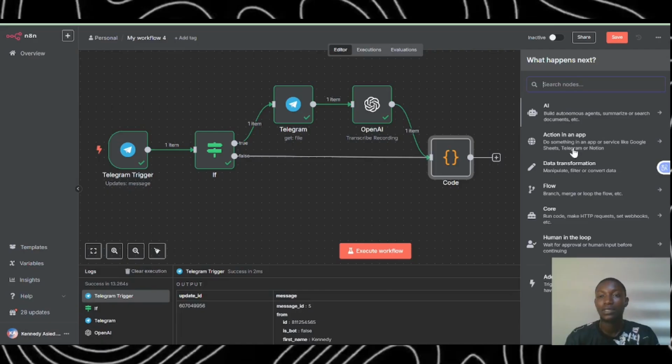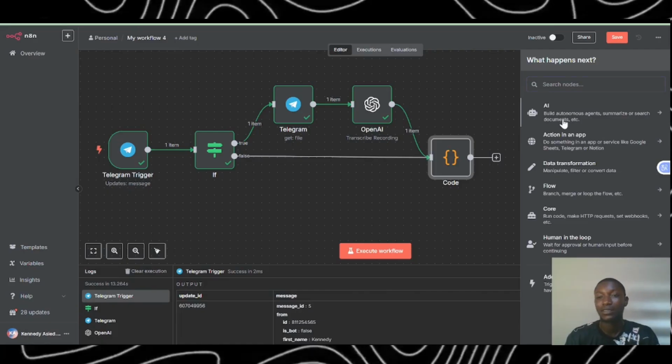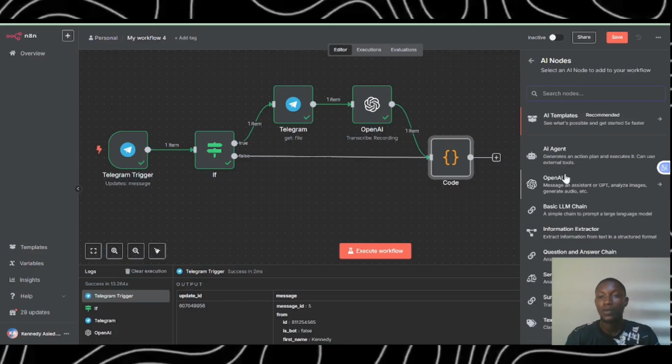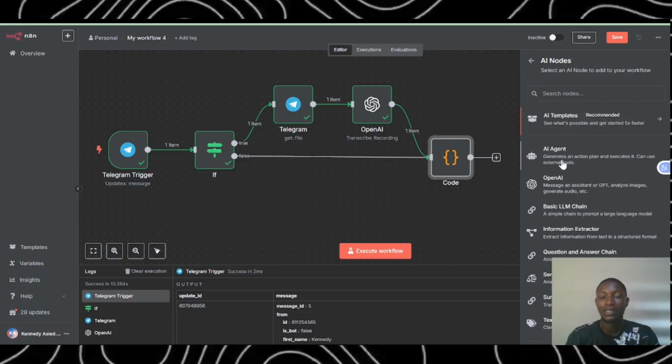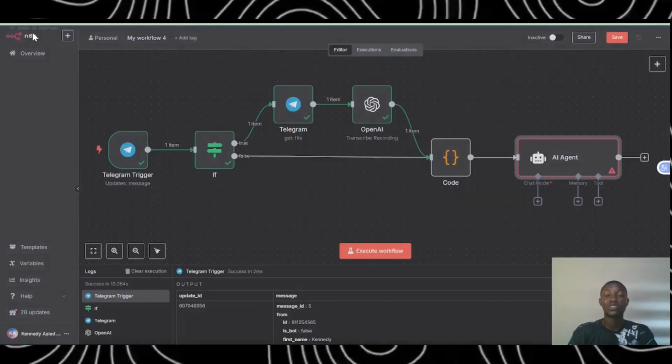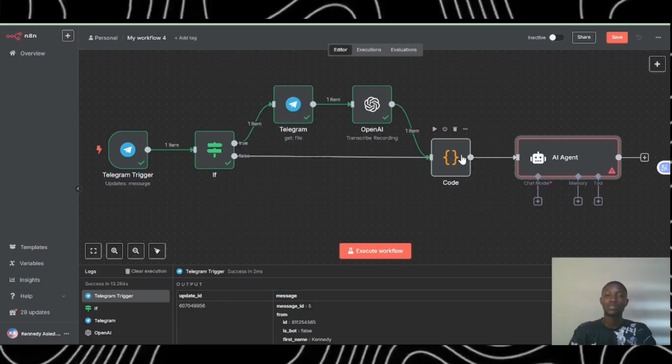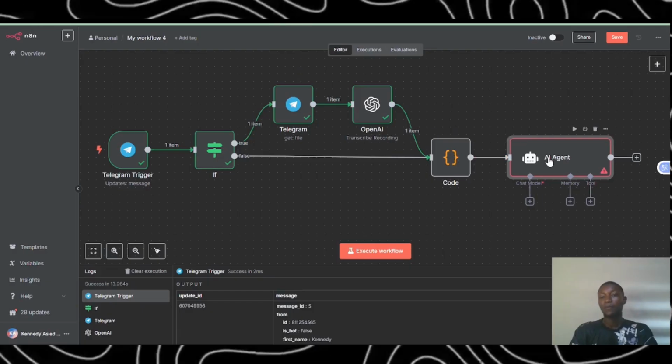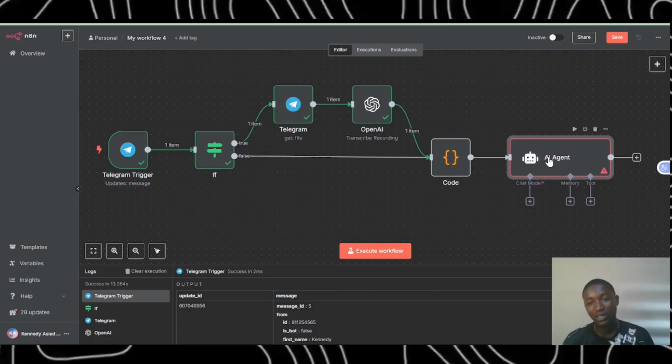You click on the AI, you can just search AI agents right away, then get that right, and then we get an AI agent. The purpose of the AI agent is to distribute the work, so it will be the one distributing the work. And like I showed in my previous video,